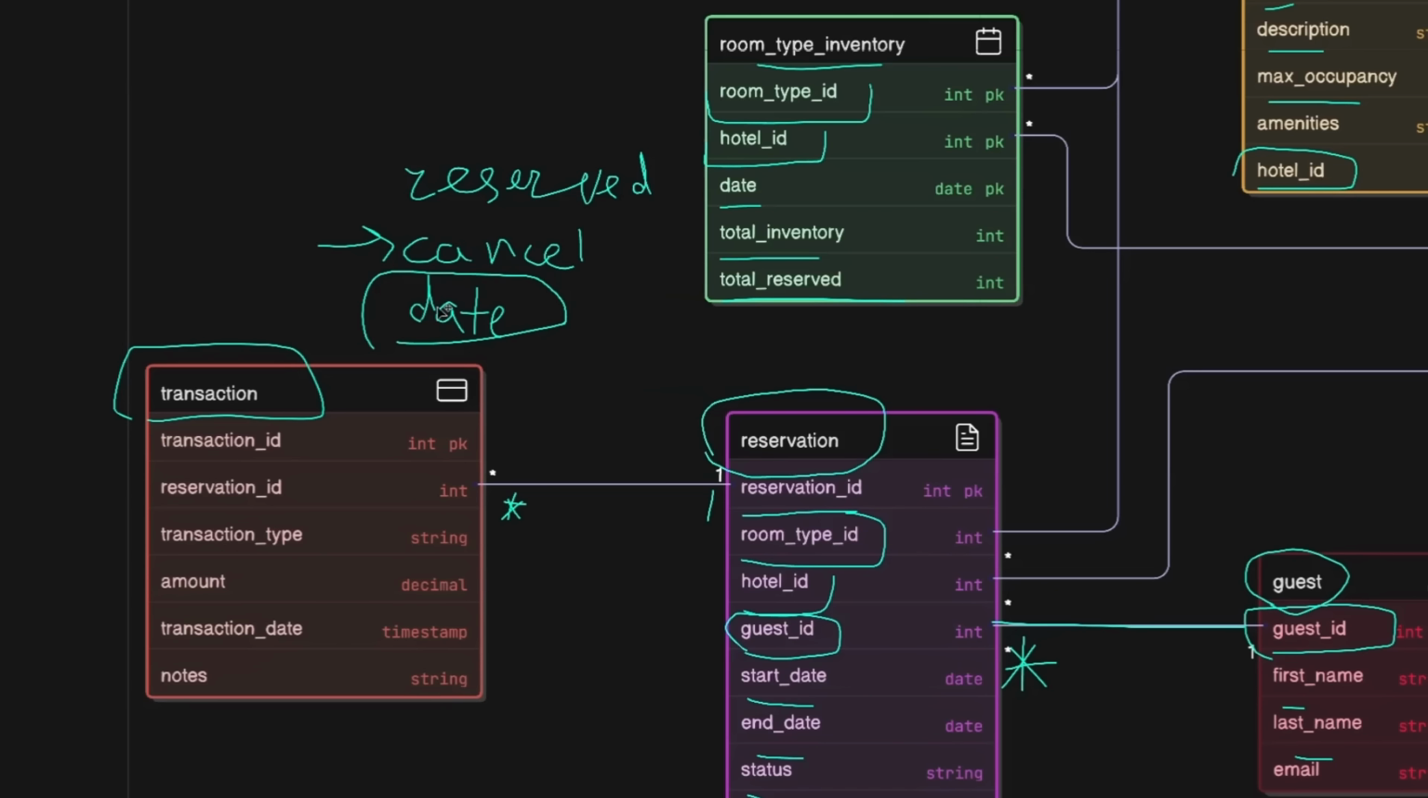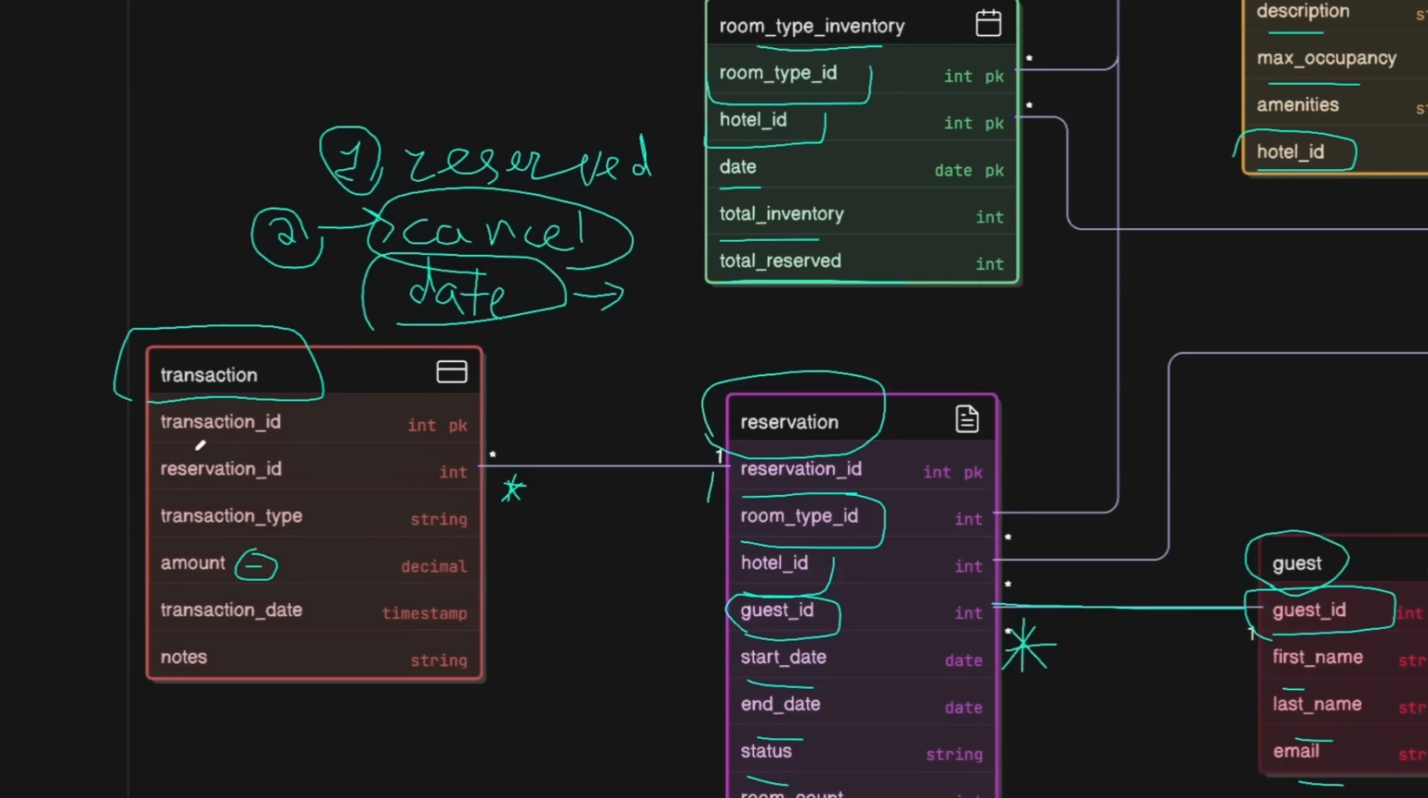So the first transaction is when they reserve, and then the second one is when they decide to change the dates, let's say, and update the reservation. They make another payment here, which is a second transaction. Or if they decide to cancel, that is another transaction where the amount in this case is minus, so we are refunding the payment, but that is still a separate transaction, and that's why we will have a separate transactions table